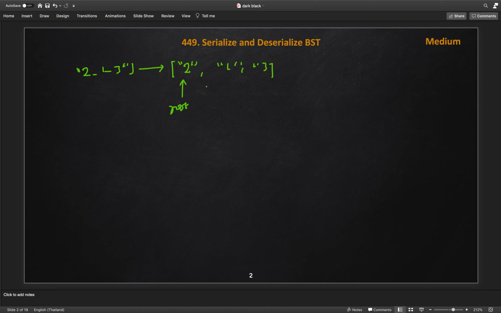So we will start from the beginning and go until we find a value which is greater than the root value. Once we find that index, we can say that the nodes from start plus 1 up to that index belong to the left subtree, and the remaining nodes from that index to the end of the array belong to the right subtree.